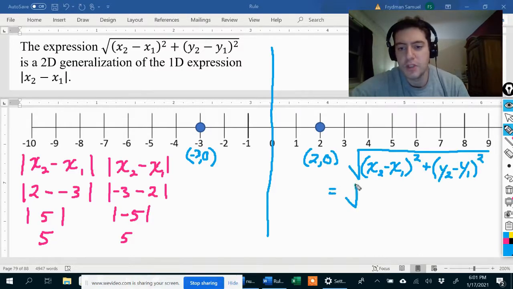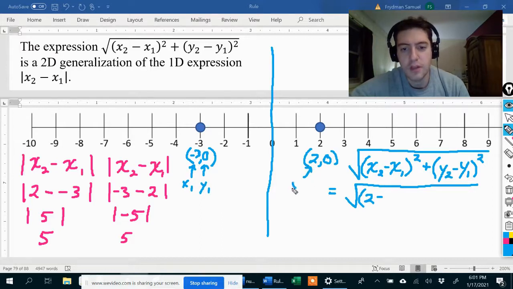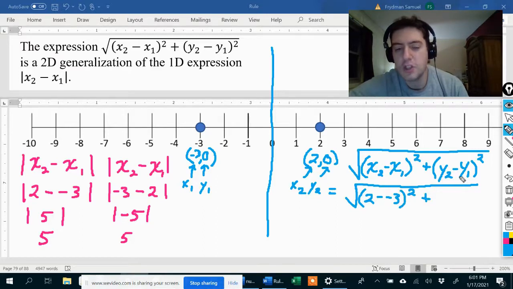which is equal to, let me just plug everything in now, the square root of, so my x2 is 2, and then my x1 is negative. Remember, so this is x1, this would be y1, this would be x2, and this would be y2. Okay, so 2 minus x1, which is -3 squared, plus, then y2 and y1 are both 0. So this is just 0 minus 0 squared, okay? So now this whole thing is equal to the square root of,